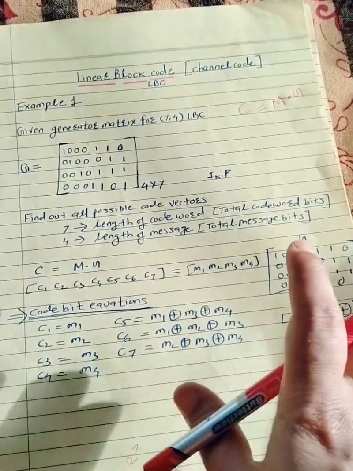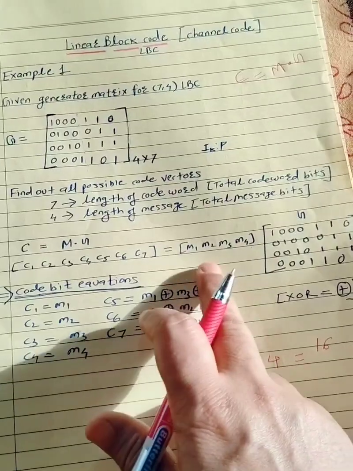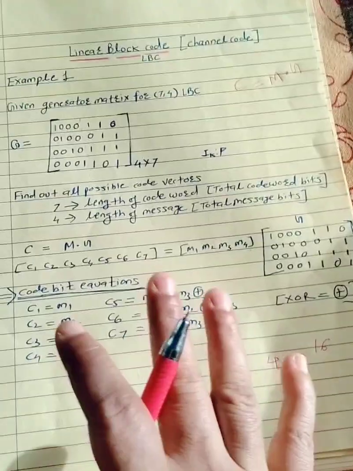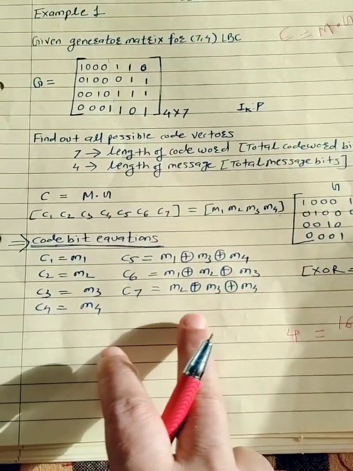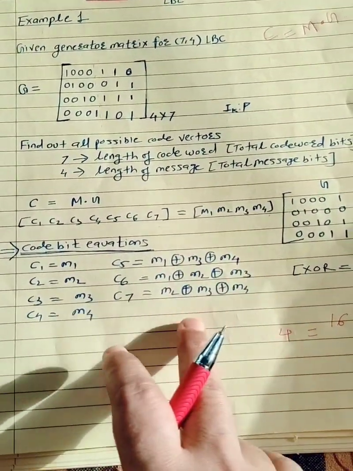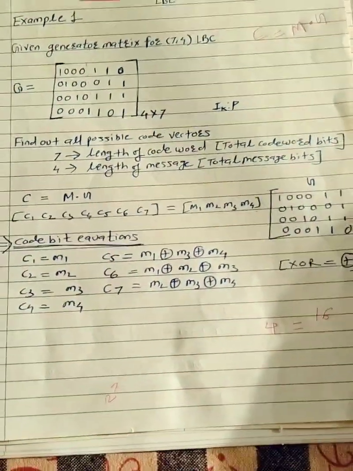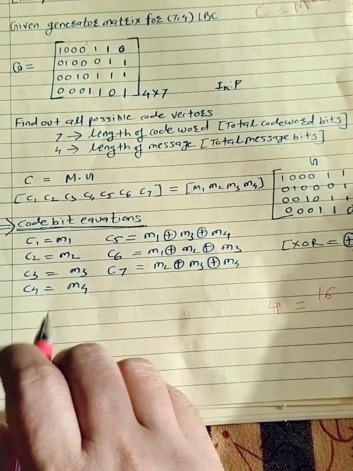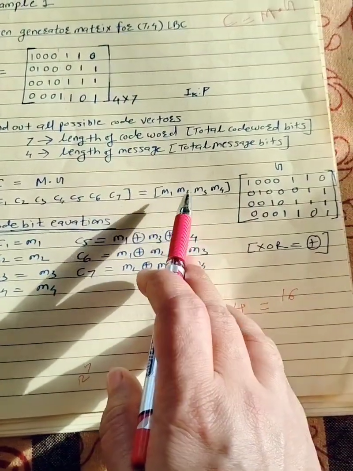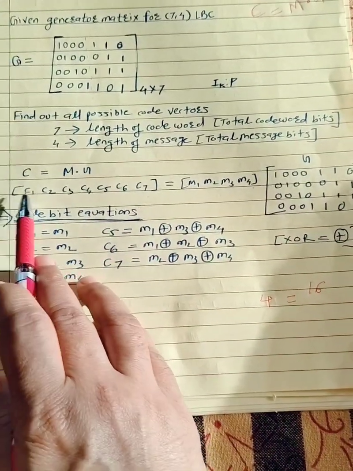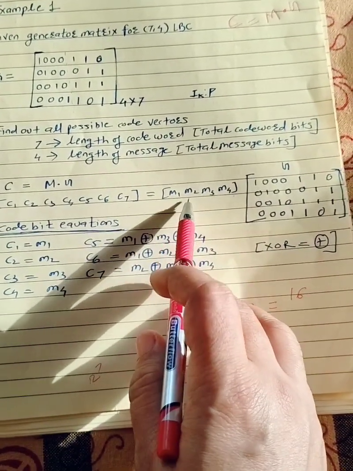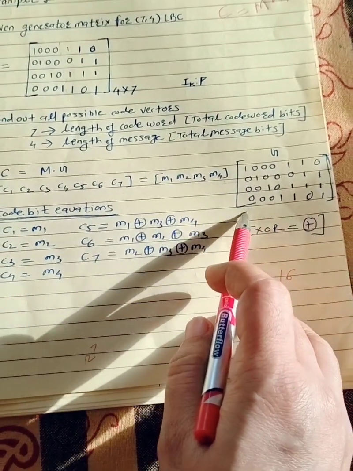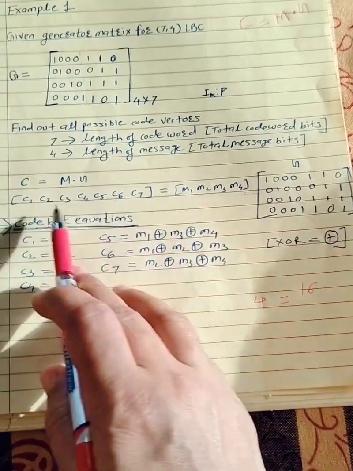Now there are many methods to solve this. In many books they will take the messages and multiply every time with the generator matrix, but the simple method I feel is that you create the equations. That will be very easy to create the code words for each and every message. So you can observe here that matrix multiplication is like this. If you multiply this row with this column, for each bit you will get